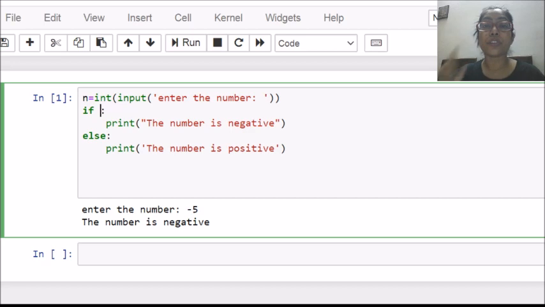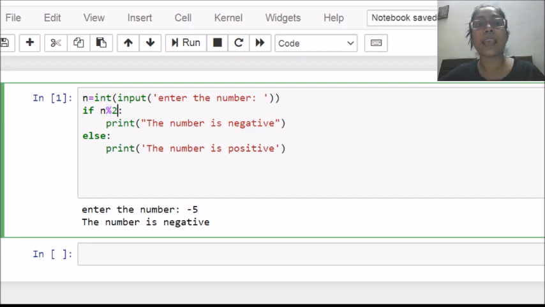So for remainder, we will use the modulus symbol. Remember it, n modulus 2, because we want to check divisibility by 2. This modulus symbol is called the modulus operator. It is used to provide the remainder.